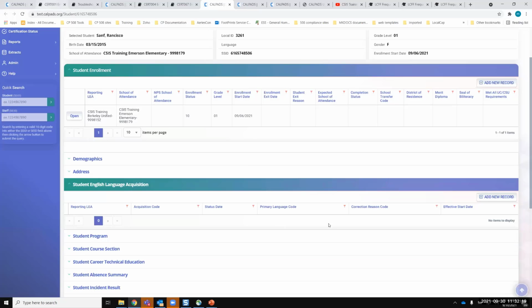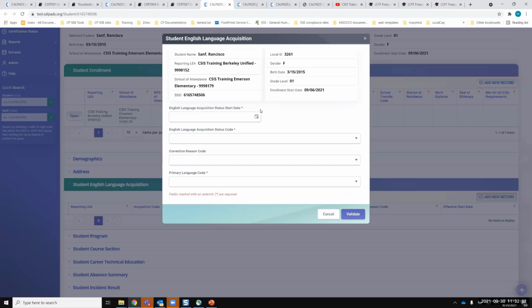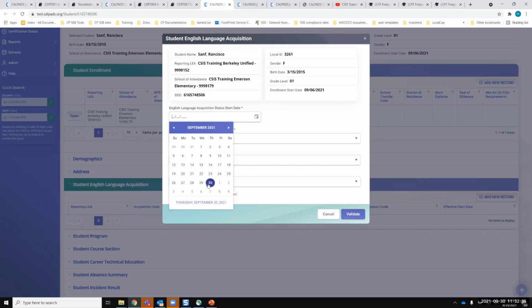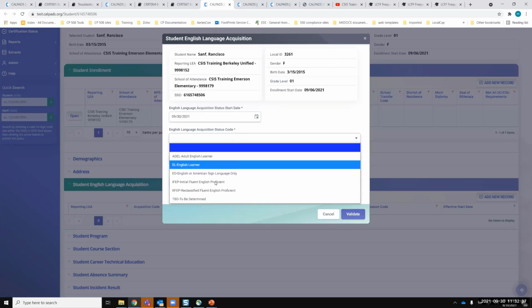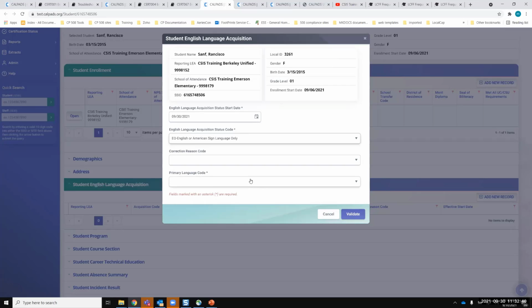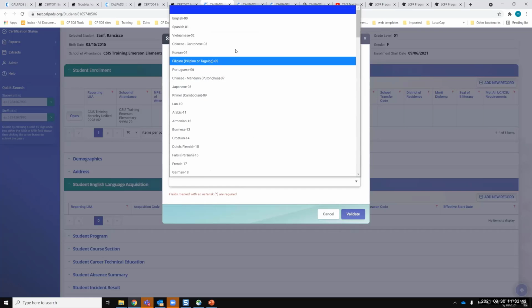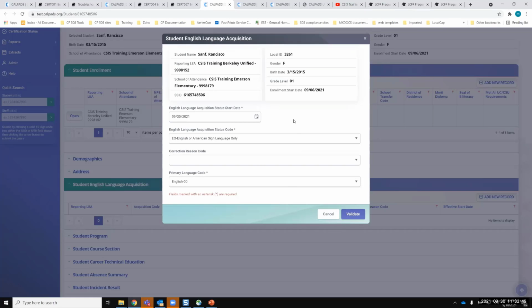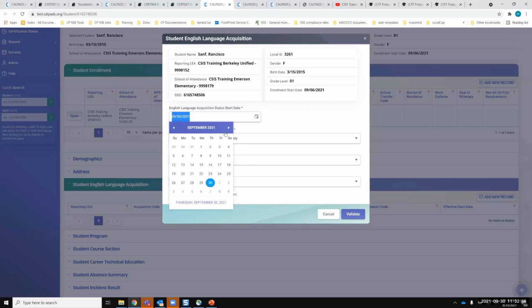Okay, so that, and make sure that the effective start date or status date is on or before census day. Okay, let's just do that. Okay, September 30, status code EO, language English. Okay, so the student will be recognized as EO. Now, if I put here, let's say